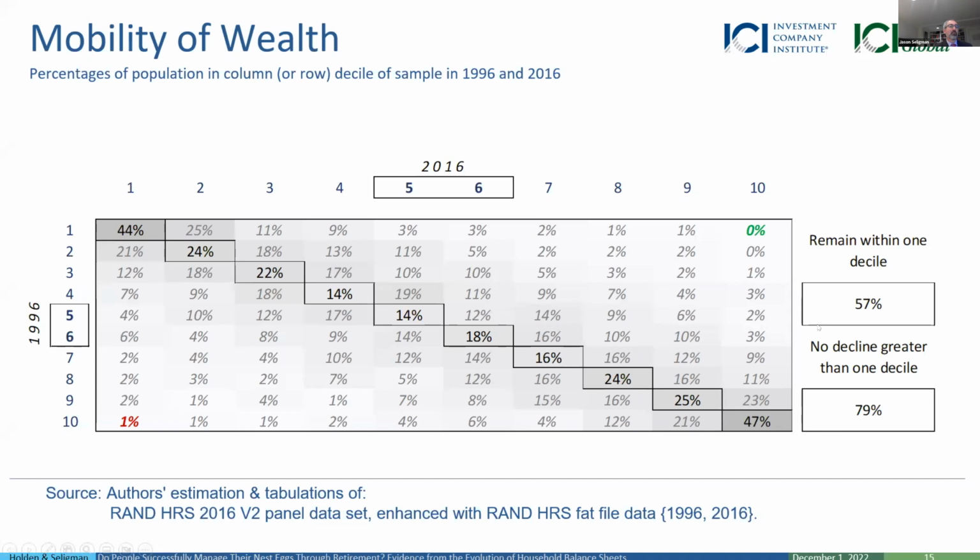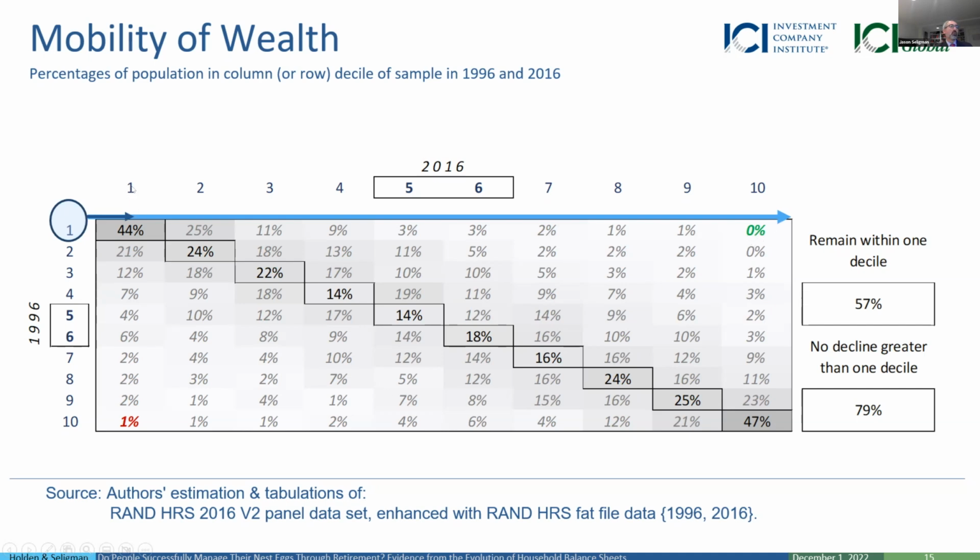Mobility of wealth is the last thing we'll cover. So first, to just orient you to this matrix, this is what the wealth looked like in terms of which decile a person was in 1996. And this 20 years later is where they actually land. And so this would be in the middle between 5 and 6 in either case. Let's say you started off in the lowest wealth decile in 1996. In 2016, 44% chance that you stayed there. And all the way through to the sort of rags to riches stories here. And you'll see very few people, if any, do that.